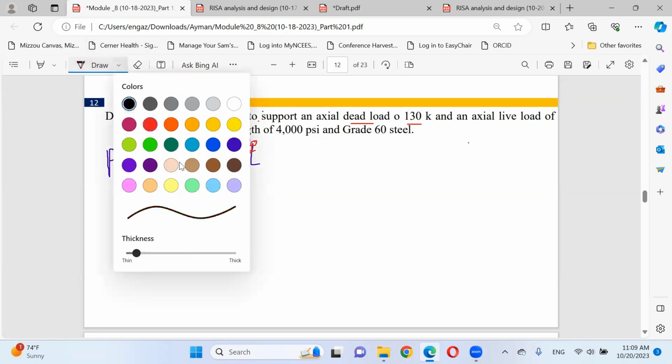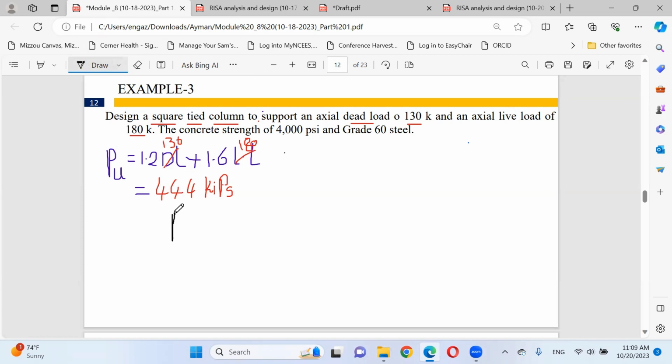Also, keep in your mind that your P ultimate can be phi Pn, the design strength of the column, which is equal to P ultimate, because this is the minimum we can do, equal to 0.8 times phi times 0.85.